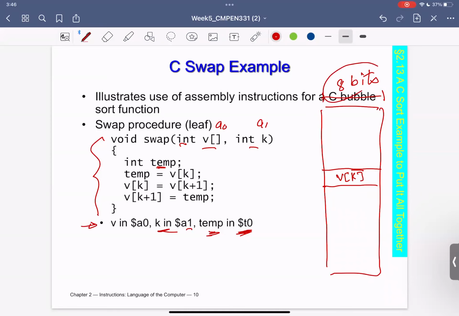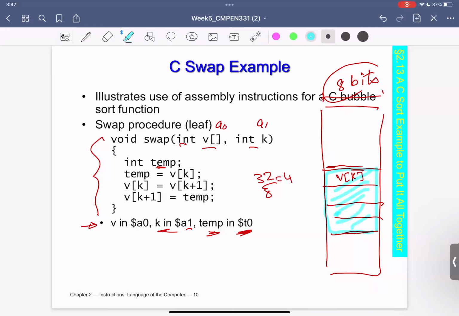Of course, I need 4 slots, because 32 divided by 8 is equal to 4. So 1, 2, 3, 4. V of K will take all of these 4 slots.